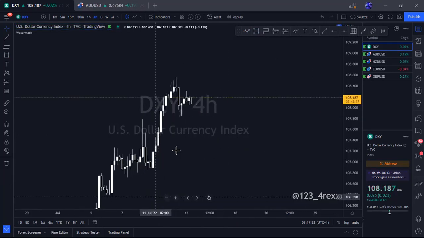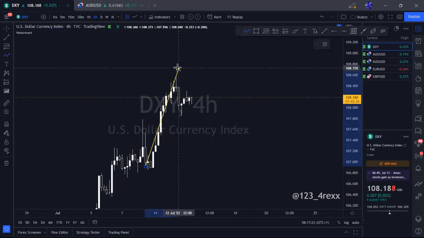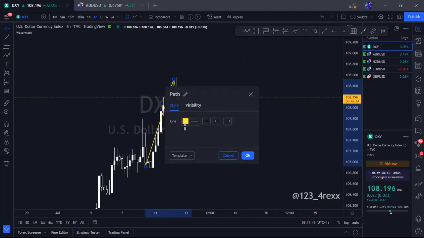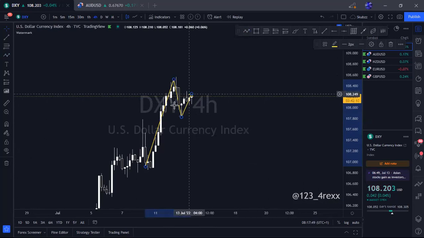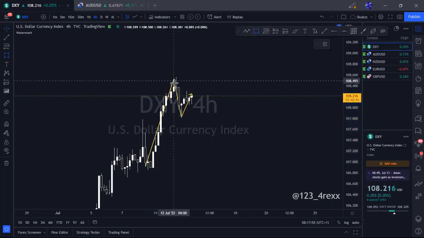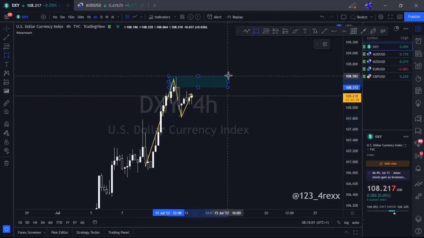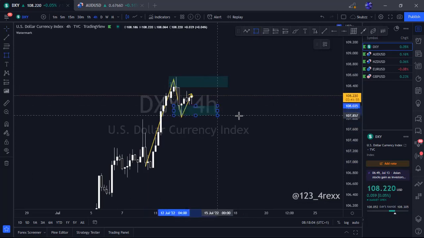So on the 4H here, we're bullish. We had this whole push. We are having a retracement, but then price did not retrace deeper, and then price is pushing back up, which I feel like price will come back to break. So this is what it's looking like on the 4H. We are having that push to the downside. But then price is not continuing the uptrend very strongly. The push to the upside is very weak. As you can see, the candles are very few and very weak. So this is a level you can watch out for, and this is this low that you can watch out for.